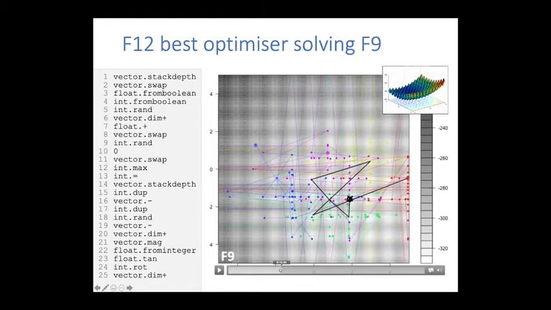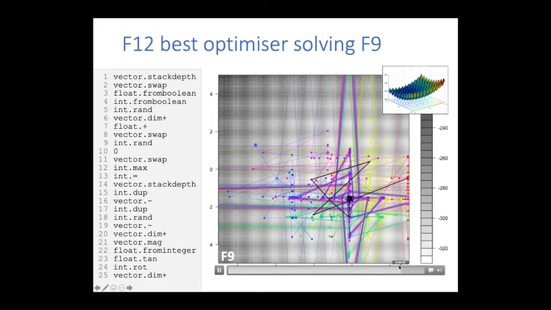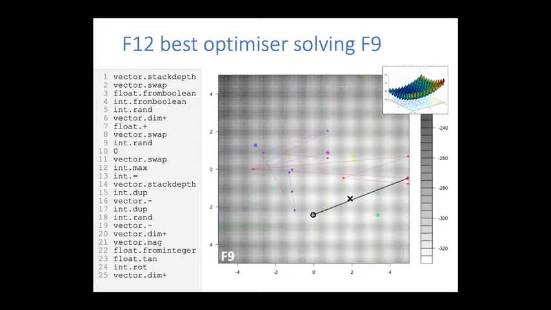And it's hard to see what's going on, but if I speed it up a bit, go to the end, you see it's building up this weird shape around the current search point. It's basically sampling points around here, here, here, here, and out here somewhere. So it's kind of a power series of neighborhoods, and it's gradually moving inwards from those neighborhoods. So it's a kind of variable neighborhood search, which seems to be effective across different landscapes because it allows it to scale to different features and different overall landscape sizes.